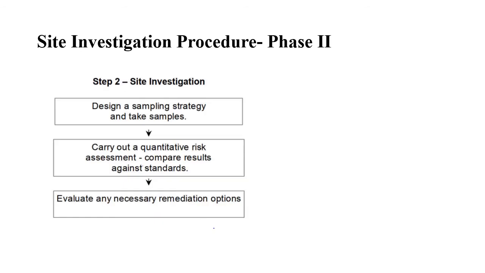So now begins phase 2. From phase 1, you have collected enough information about the historical land use, then you develop conceptual models or flow diagrams to understand the pollutant linkages, that is, between the source and the receptors. Once that is done, we have to confirm that. How do you confirm? By making a proper site visit, and you can only make the confirmation by getting the actual samples from the site. So you can collect air, soil, and water, because these are the environmental factors which get affected by pollution.